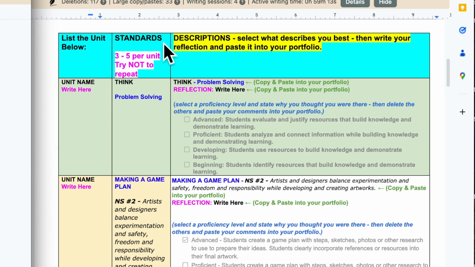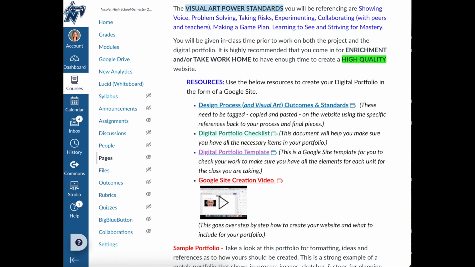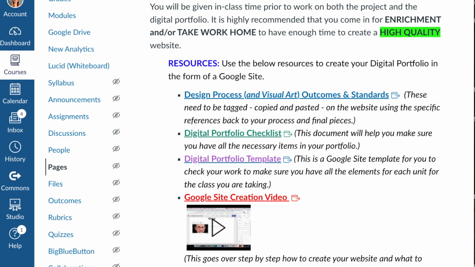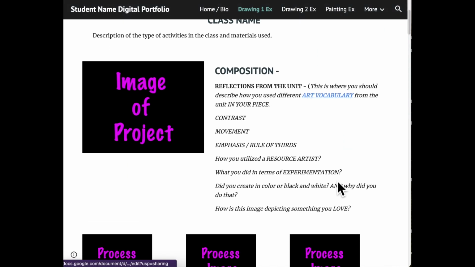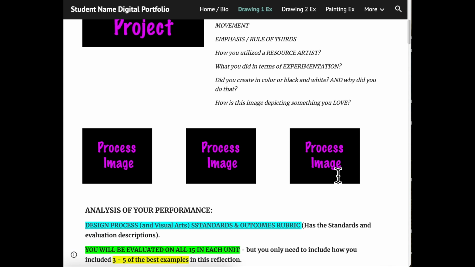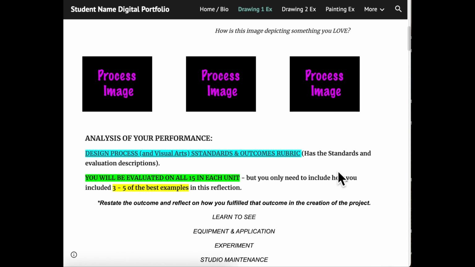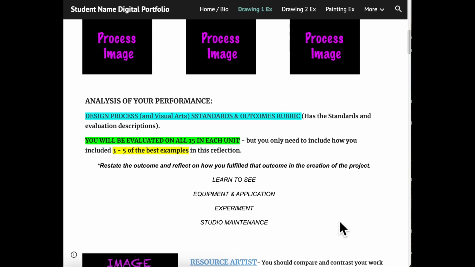You can see you should use 3 to 5 outcomes and standards in the reflection each time you complete the final portfolio page for the unit you are completing for class. You are welcome to create your own Google site using the Google Site creation video. It's highly recommended that you use the portfolio checklist or the digital portfolio template for the class you are in. The strongest recommendation is to look at the digital portfolio template because it suggests which outcomes and standards to use